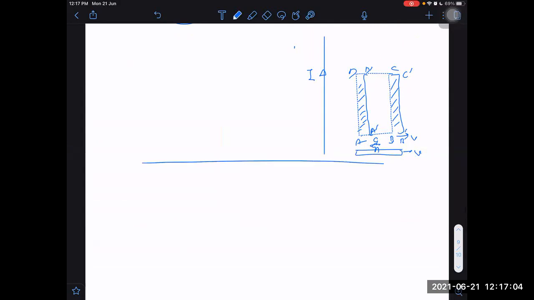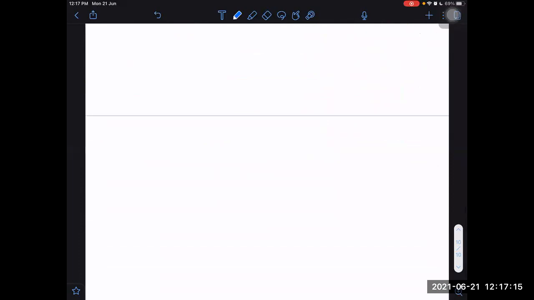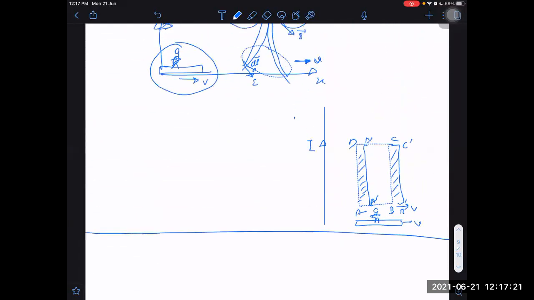So this is the detail, this is how the flux changes. Now, just understand it. We don't have to integrate anytime, so don't worry about that. It will become complicated, nothing like that. I just told you what it means in reality. There has to be some sort of motion in order for the EMF to be induced.